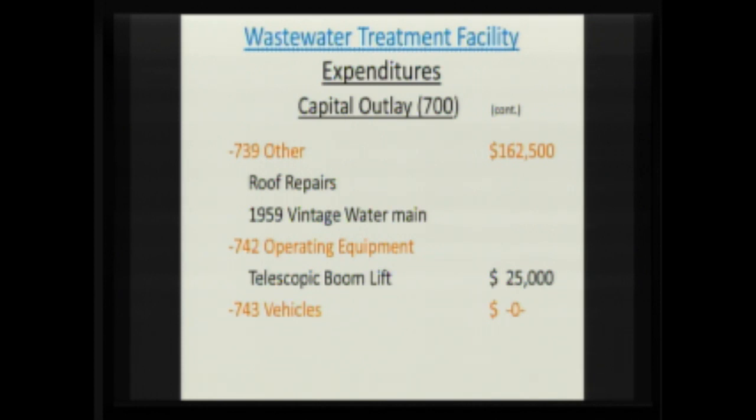We have 3 roofs that we're going to replace. We also have a 1959 vintage water main that was put in with the original plant that comes down off of Main Street and goes underneath the railroad tracks. We've done work on the plant side of the railroad tracks, but we want to replace that line that comes down off of Main Street and goes underneath the railroad tracks, and that's going to take some time and money